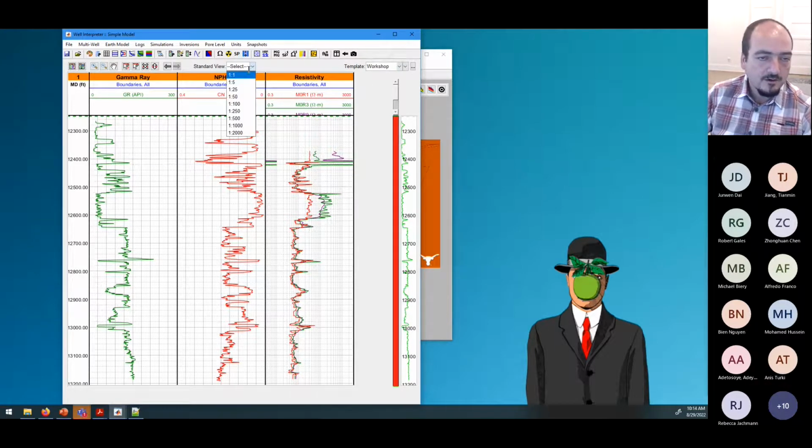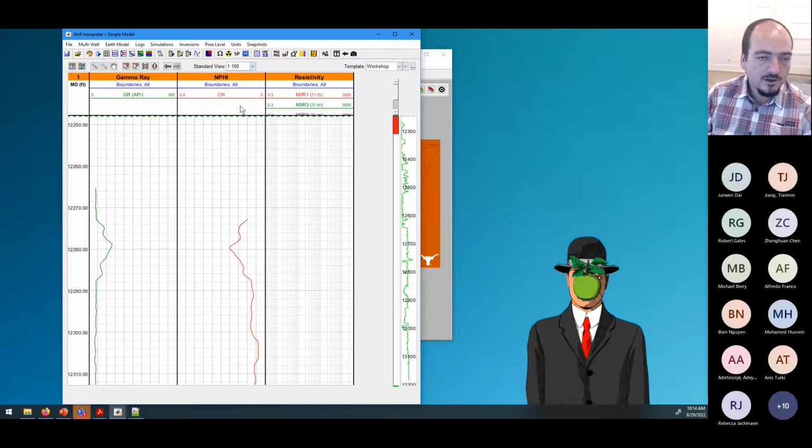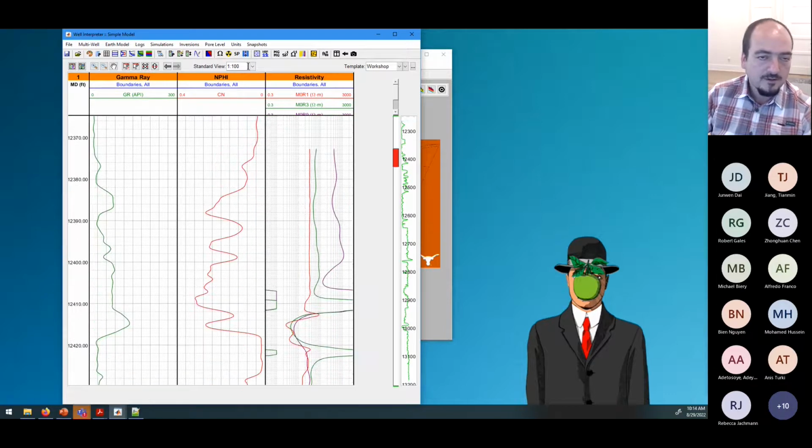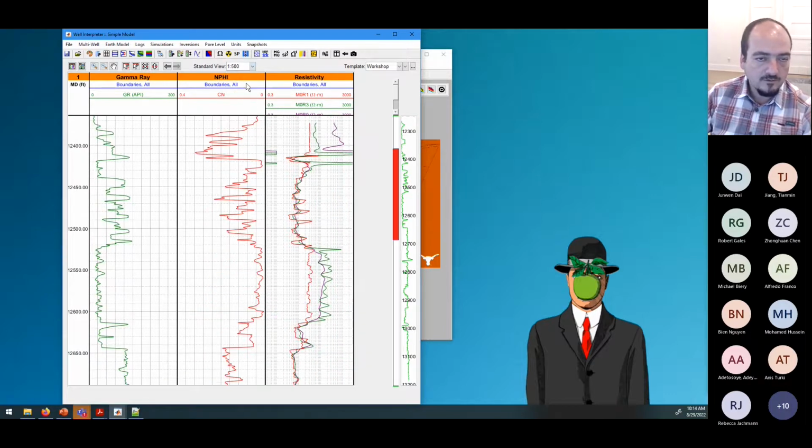We have some standard views. You can choose 1 to 100, so any inch here represents 100 inches, and so on. Any of those values. People have some preferred scale that you can select in here. Here you have,